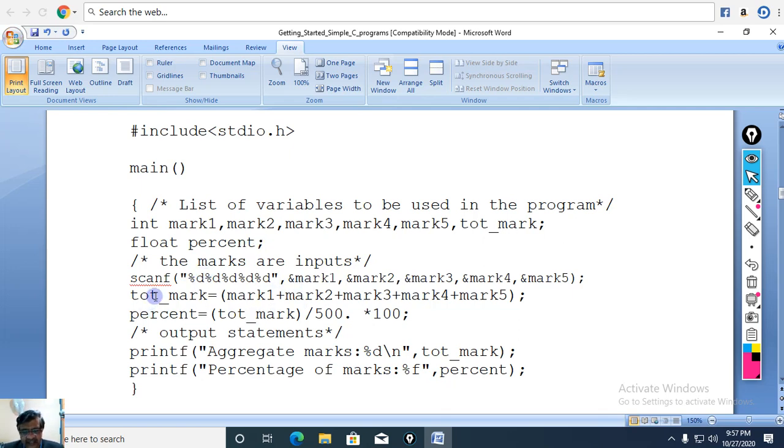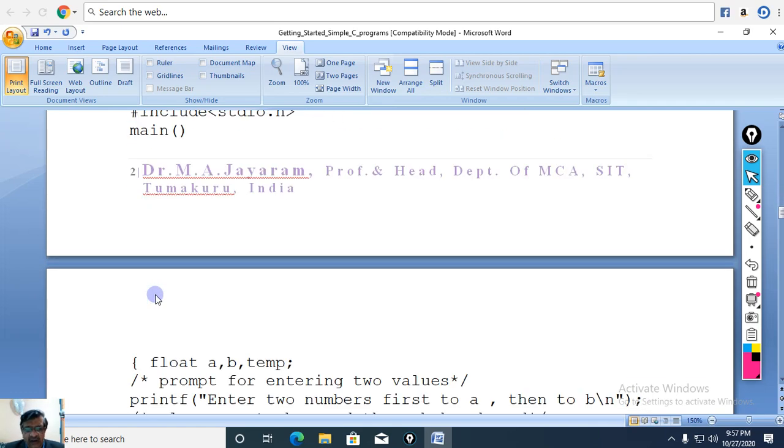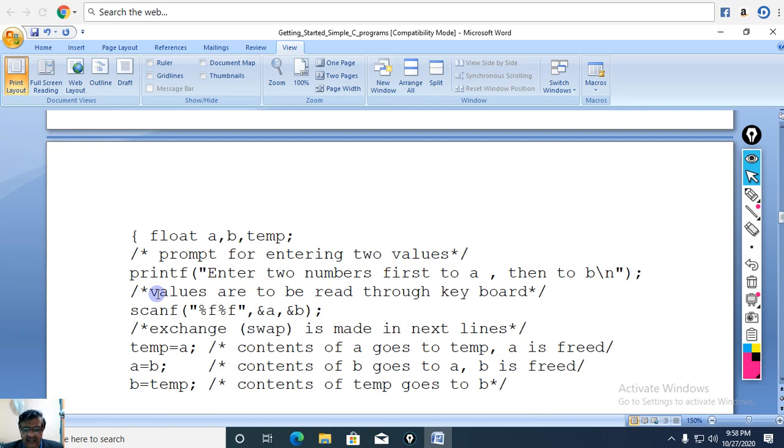Okay, there is no guidance. If a different user uses this program, he will be in misery. The cursor will be blinking, and that person will also be blinking before the screen. So in order to avoid this, it is essential that before input statements we put a printf statement, and this is called a prompt. This is typically called a user prompt. It will prompt the user as to what he or she should do.